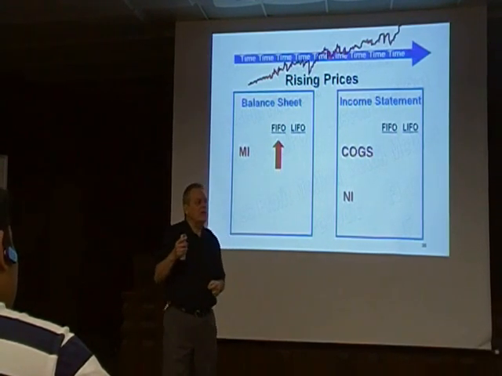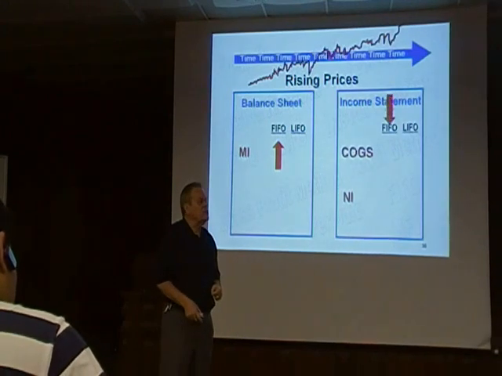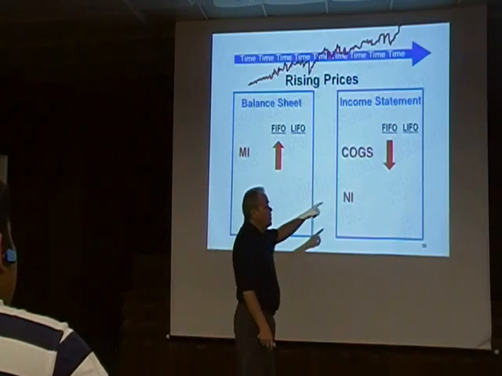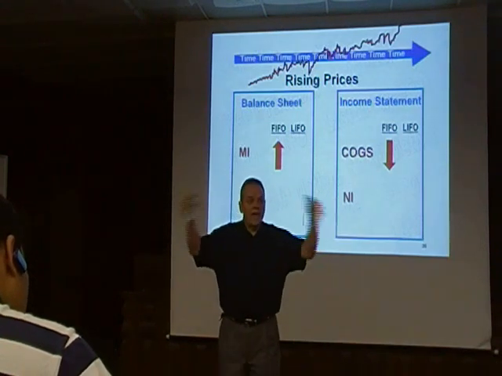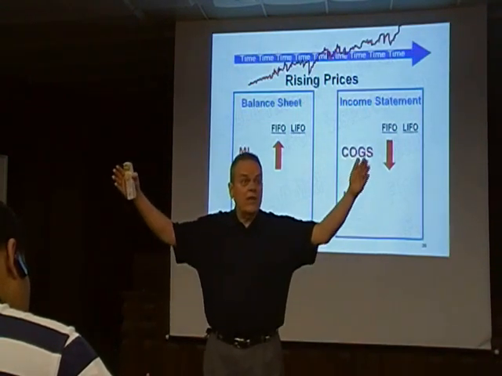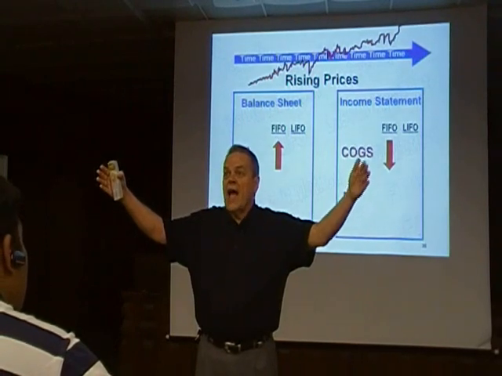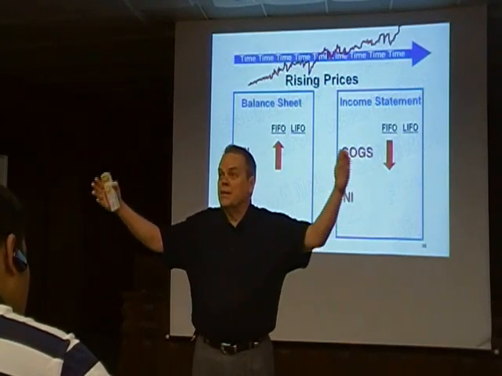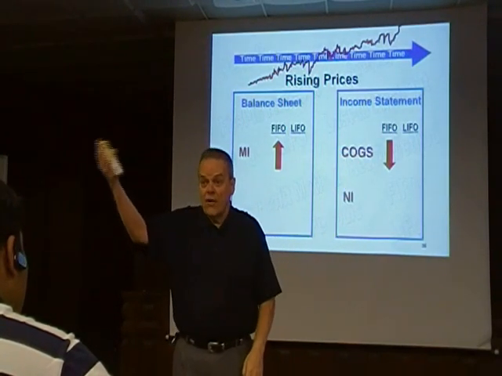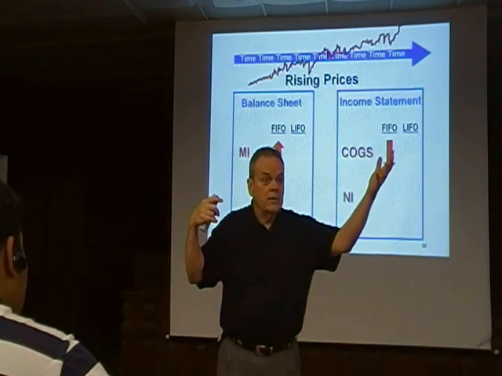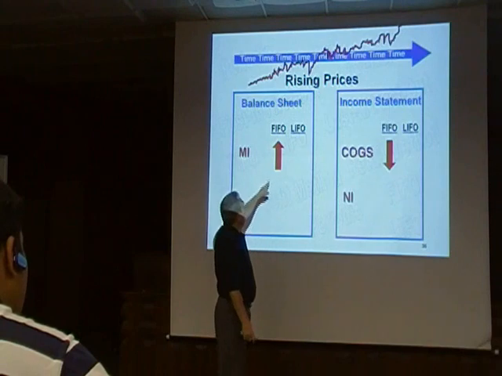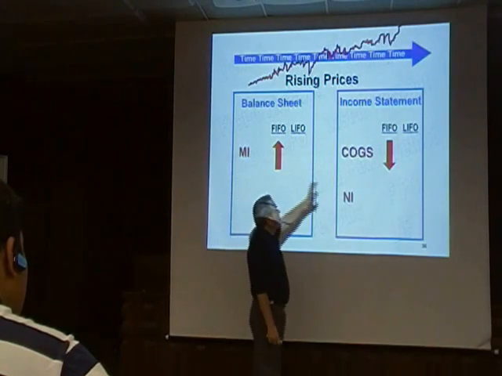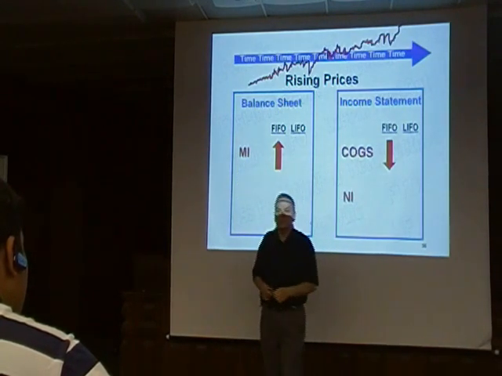FIFO gives you higher ending inventory on the balance sheet and therefore lower cost of goods sold. These are the two extremes. Every item that you acquired, every item of goods available for sale, has to show up on the financial statement someplace. It's either on hand or sold. If it's on hand, it's higher priced under FIFO. If it was sold, it's the low price items that are being associated with cost of goods sold on the